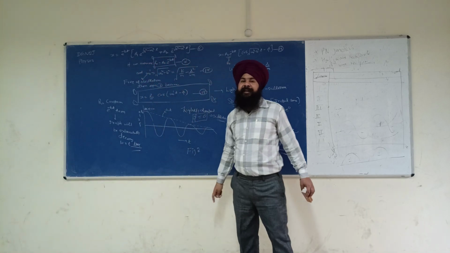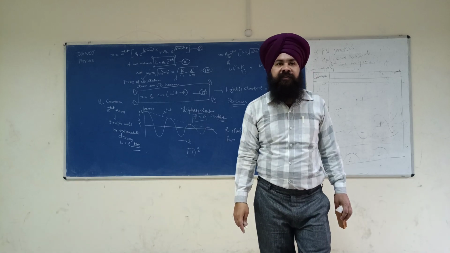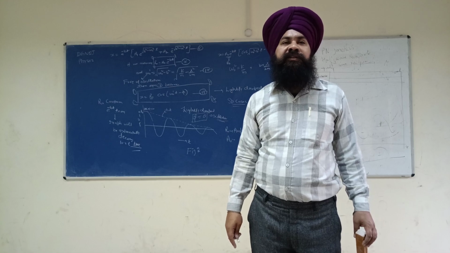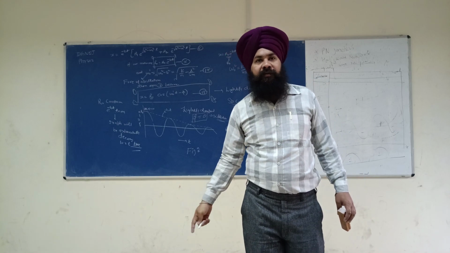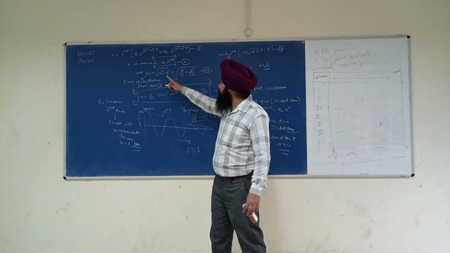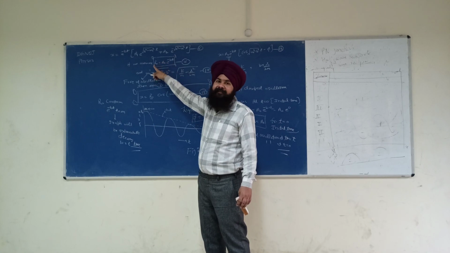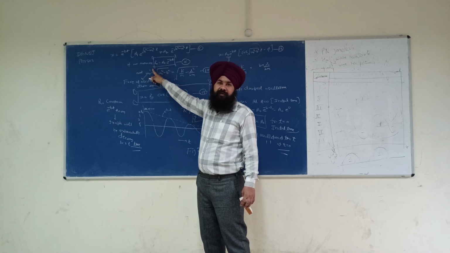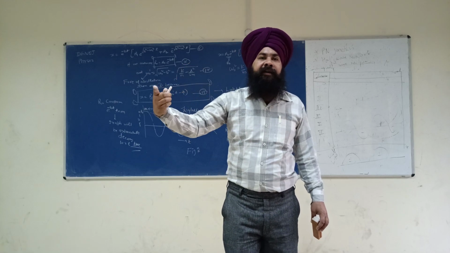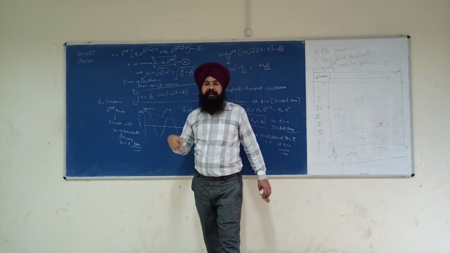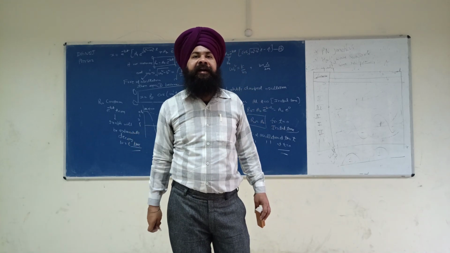So what is the significance of equation 16? Equation 16 shows how the amplitude of oscillations will vary with respect to time. Okay, are you getting your point? What is the maximum amplitude at t equal to 0? A0. You are putting the value of t, you are getting the value of R0. R0 is called the amplitude of oscillation at any time t. And A0 is the amplitude of the oscillation at time t equal to 0, the initial value.